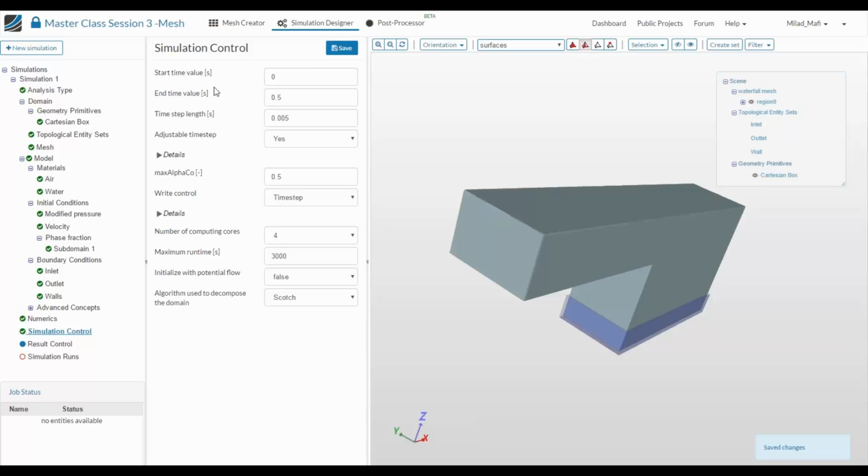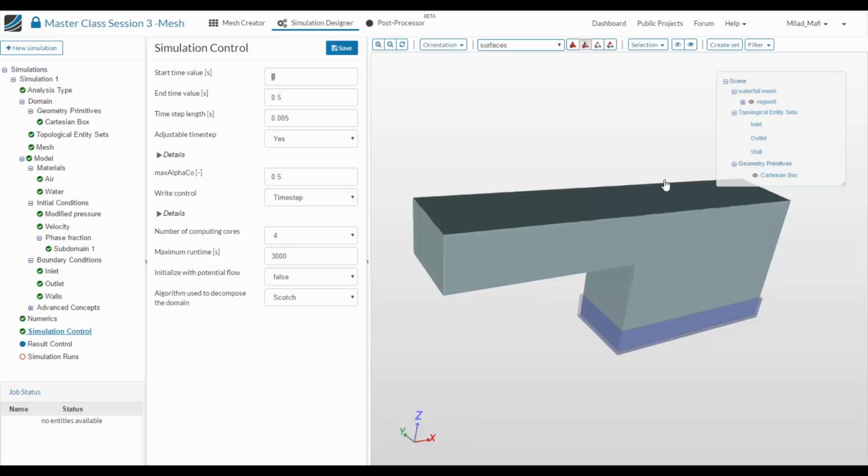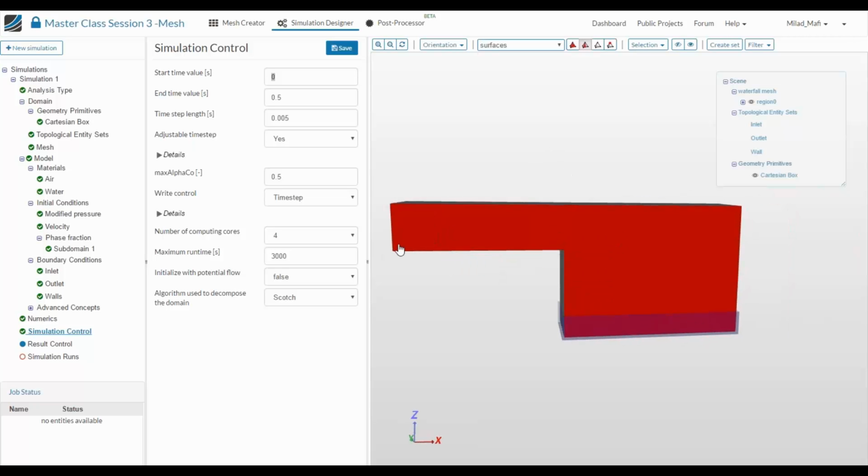And now you will understand why we talked about pseudo time in the past. Since this is a transient simulation, here we have really existing physical time. And just to let you know, the overall length of our domain in x direction was 15 meters. So that means that after 7.5, which is half of this length, after 3.5 seconds, the wave should have reached this point. So therefore, we'll simulate from 0 to the end time value 0.5,